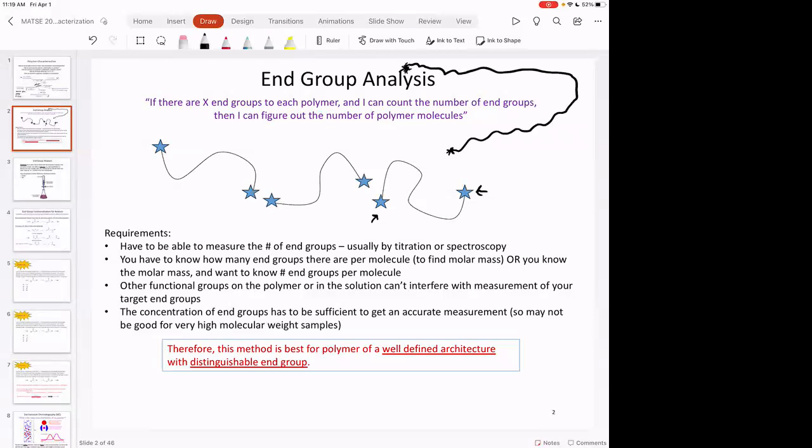And so if you have a signal from the N group and you can compare that to the signal from the backbone, you can get an idea of how many repeat units you have, or at least the number of repeat units per N group. And it turns out that the number of repeats per N group you can use to calculate the molecular weight, right? So if you have a bunch of smaller molecules,